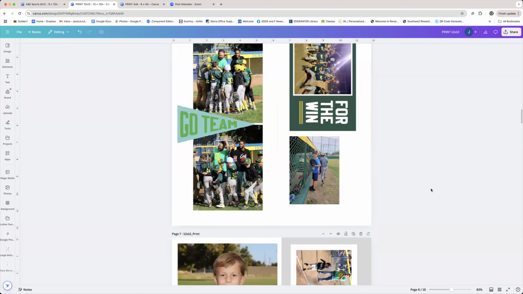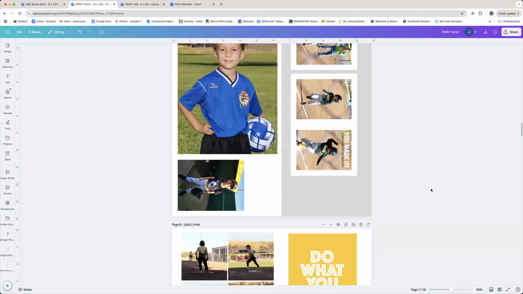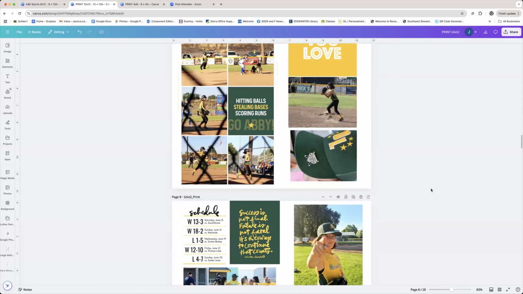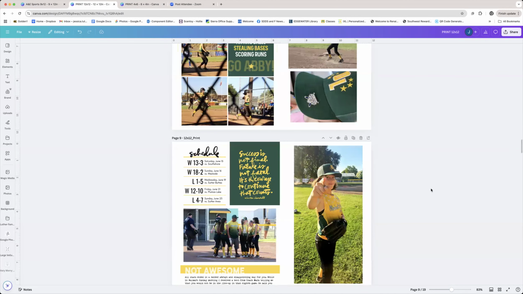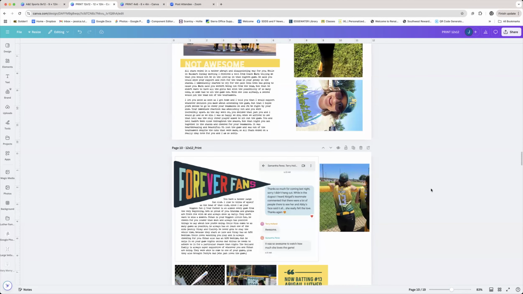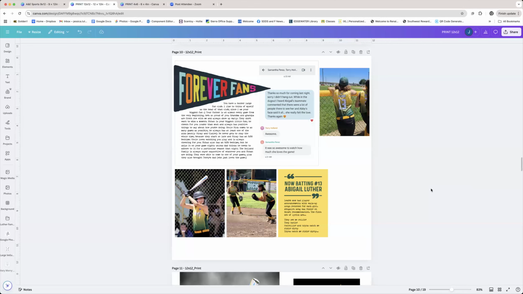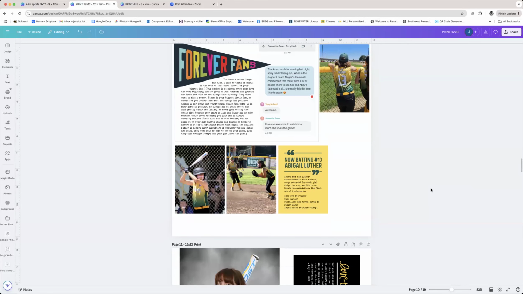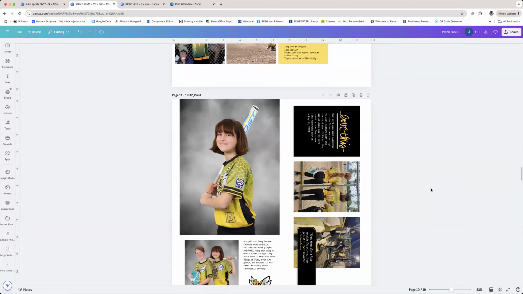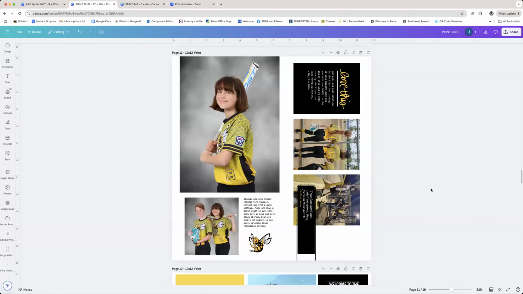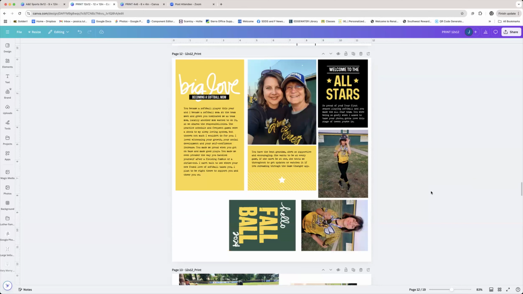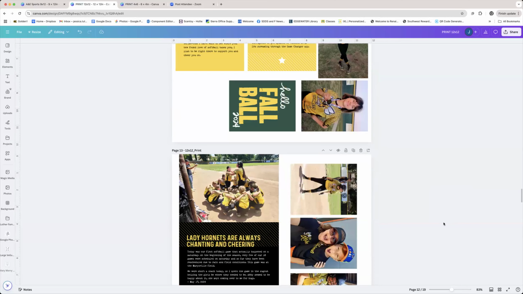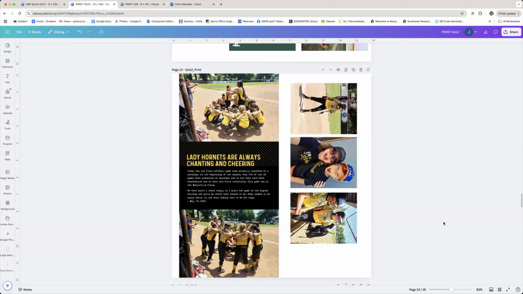Okay, so this is how I gathered together all of the non 4 by 6 items for this 9 by 12 album. So these print on a 12 by 12. I use print credits that I've already purchased through Persnickety when they were on sale, and then I just redeem them whenever I place my print order. And then whenever these pages come, I just cut them all apart. So that is where I'm at currently.